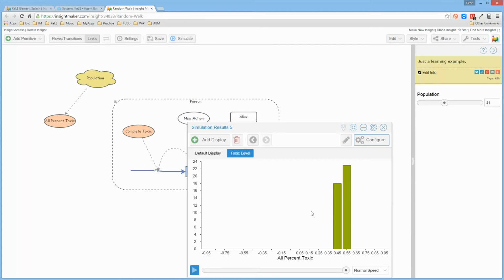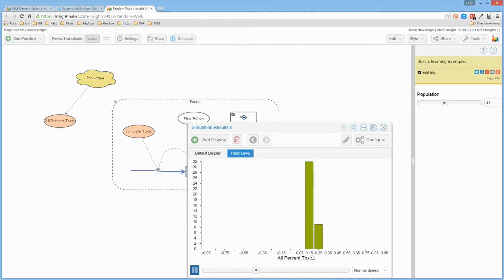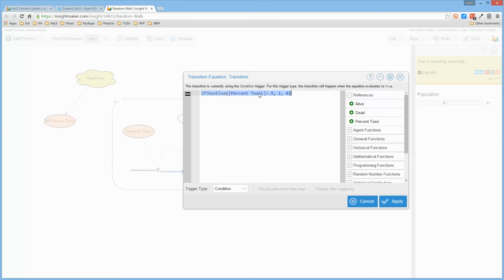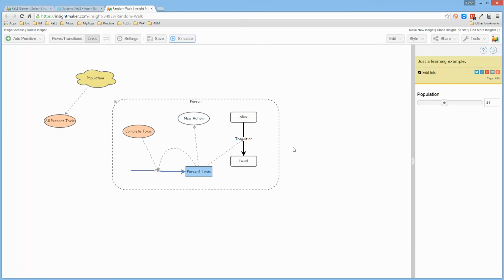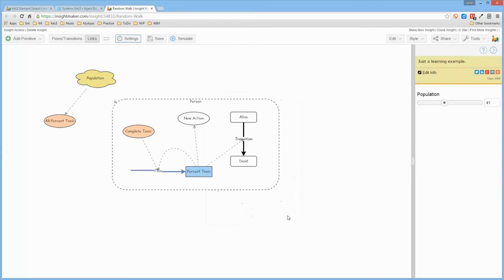And when it plots this, if I run the simulation and look at this, it's showing me how the percent toxic is growing over time, but it's never reaching what I had set as the transition level because it wanted to be greater than 0.9. The reason I found out that it's not doing that is that I had not changed the simulation settings to be long enough so that the agents were actually becoming sufficiently toxic to die,